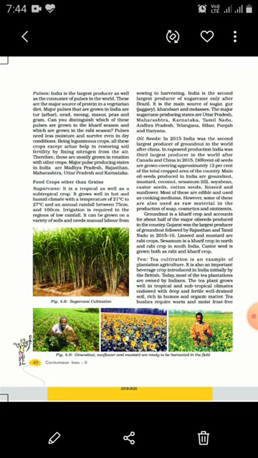Next, horticulture. Students, horticulture means production or cultivation of fruits and vegetables. India is the largest producer of fruits and vegetables in the world. India produces tropical as well as subtropical fruits and vegetables because of our geographical location. In our country, for example, mango season is going on now. So the mangoes of Maharashtra, Andhra Pradesh, Uttar Pradesh, West Bengal are world famous.